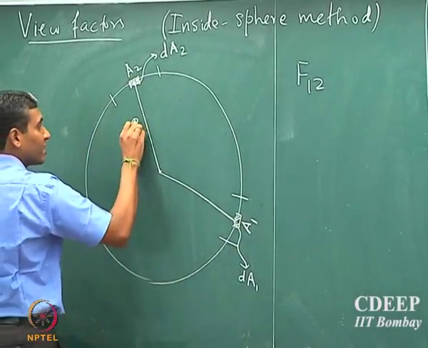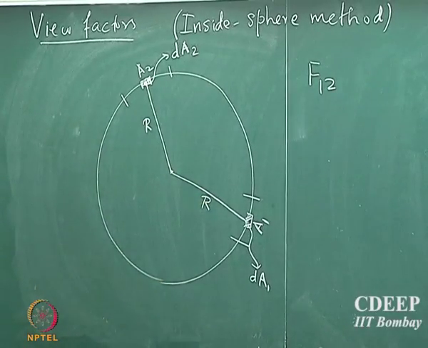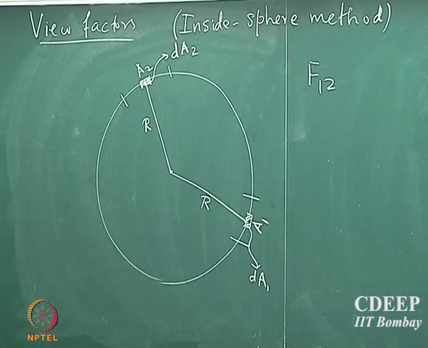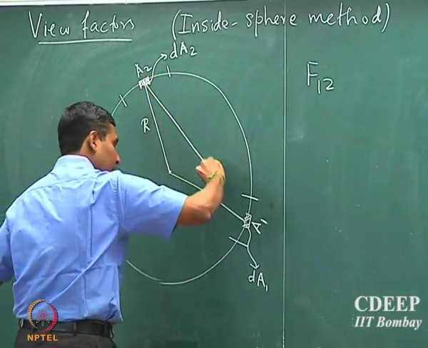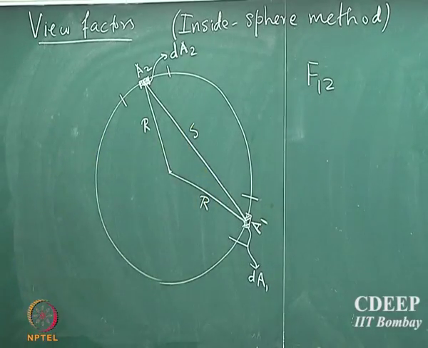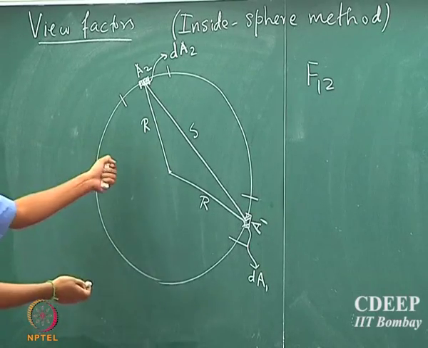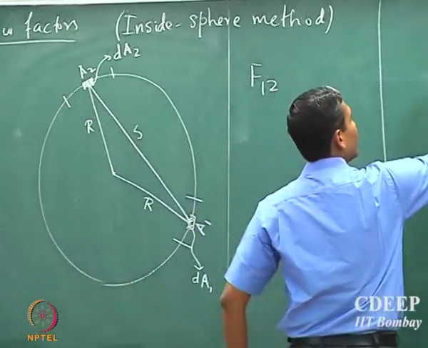If the radius of the sphere is r, then obviously the distance from the center to any location on the sphere is r, and let's say the linear distance between the two is s. Okay, so that's the linear distance between the two surfaces or two differential elements. So the objective is to find F12,